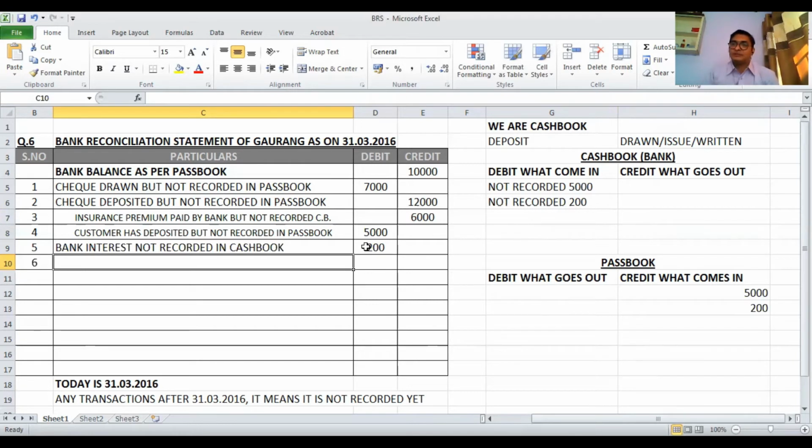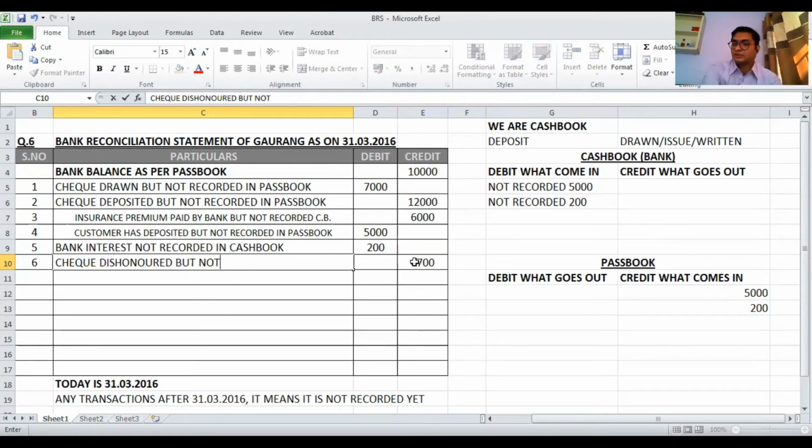Any check dishonored is recorded on the credit side. If a check or bill is dishonored, it is called a bounce check or bounce bill, and it is recorded on the credit side. And if such a check or bill is dishonored due to a technical reason, then it is debited. Here it is simply a dishonored check, so it is recorded on the credit side for 6700, check dishonored